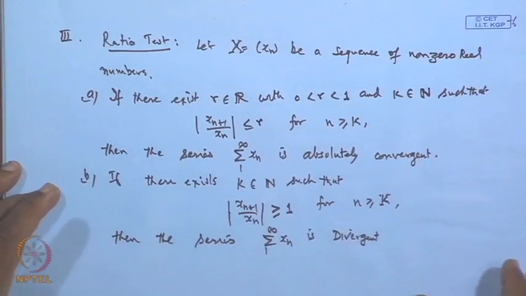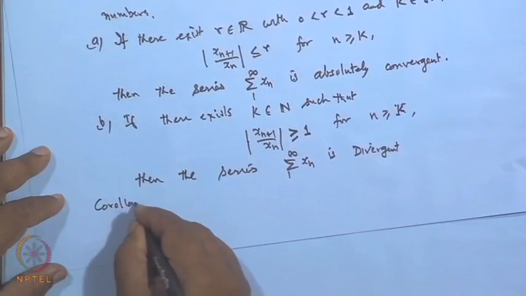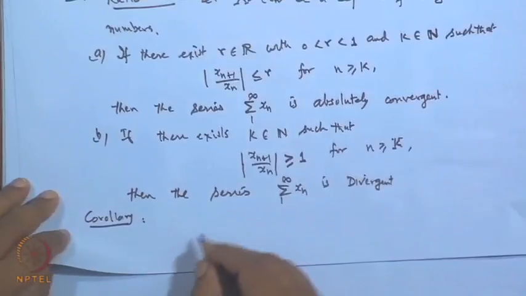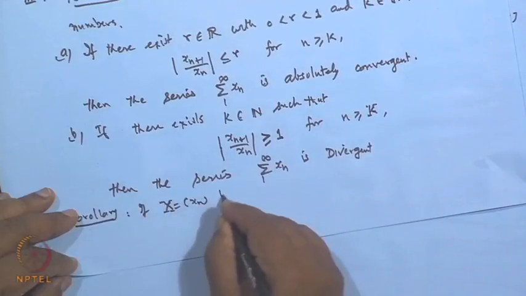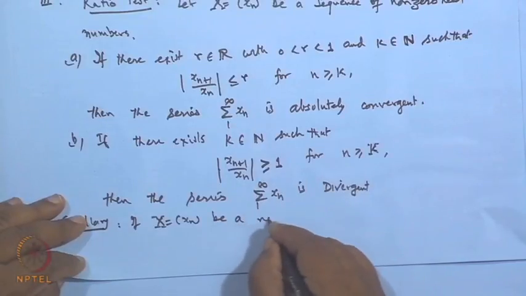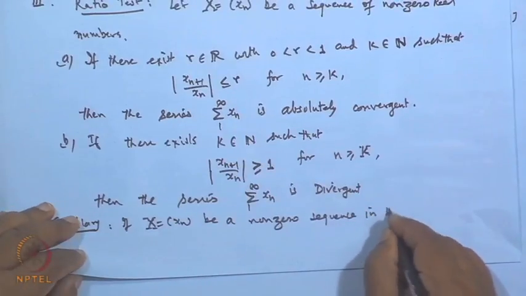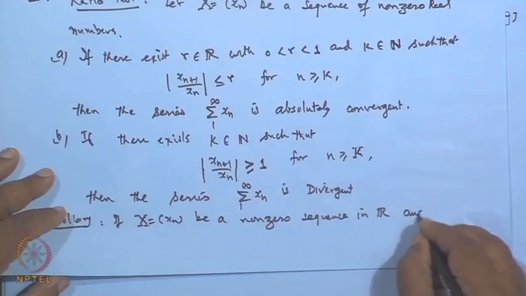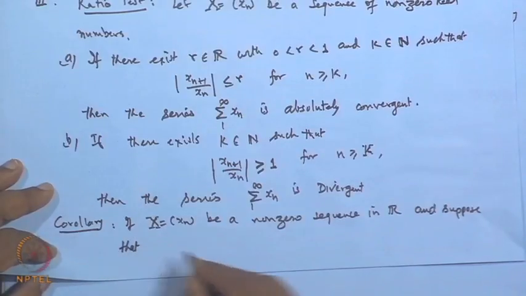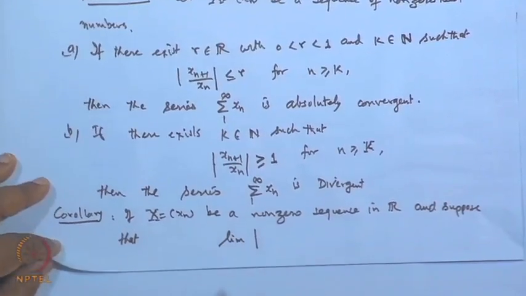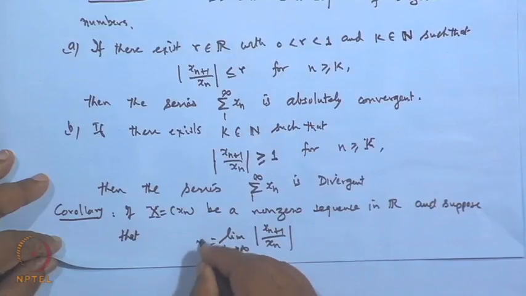As a corollary of this result, we get the limiting version. The corollary is: let x_n be a non-zero sequence of real numbers, and suppose that the limit of |x_(n+1)/x_n| as n tends to infinity exists and is R,